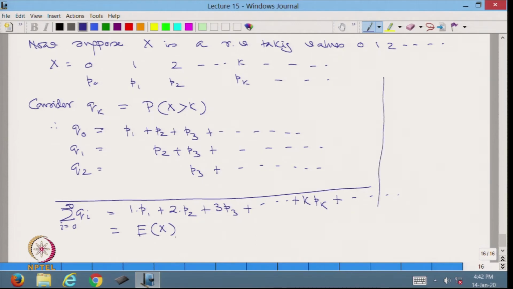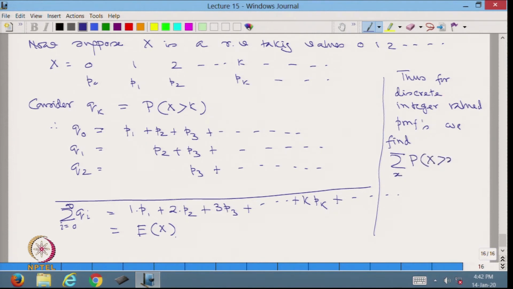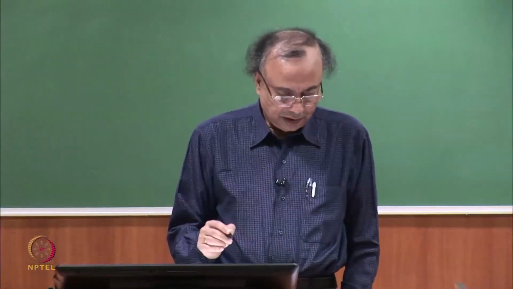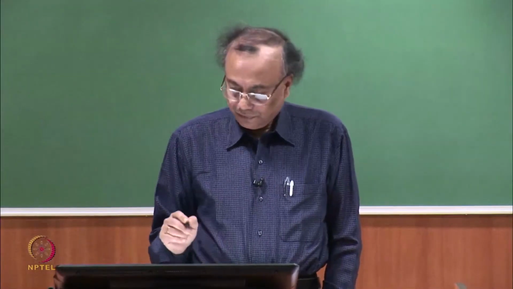Thus, for discrete integer valued PMFs, we find sigma over x of probability x greater than x, x is equal to 0 to infinity, is equal to expected value of x. So, this is an interesting property of such variables, but for the time being, we find that